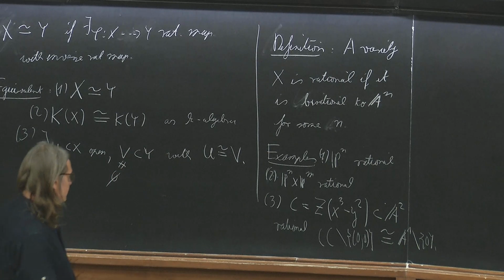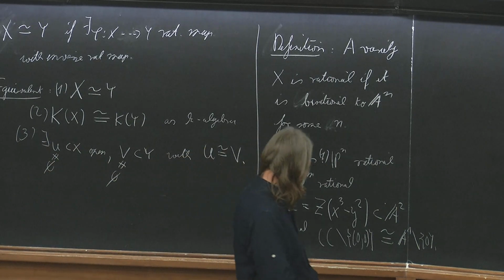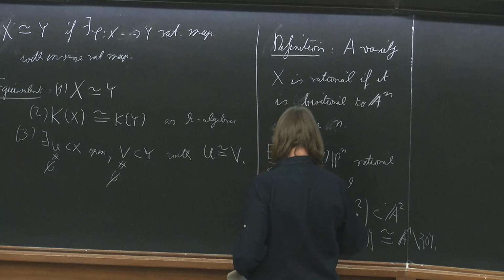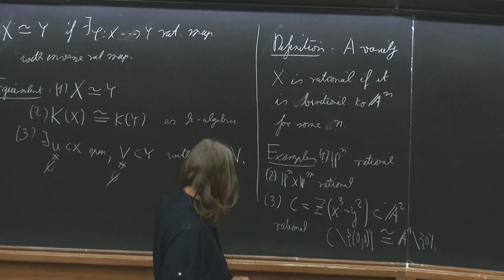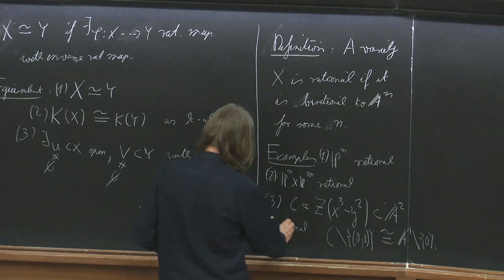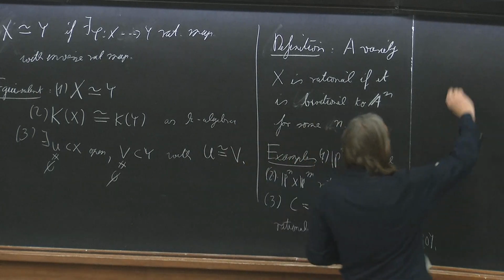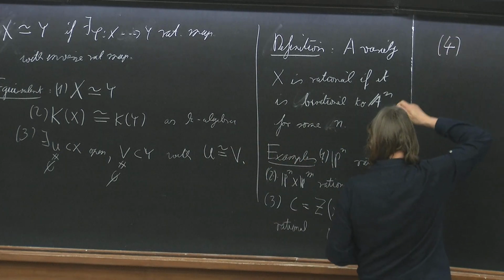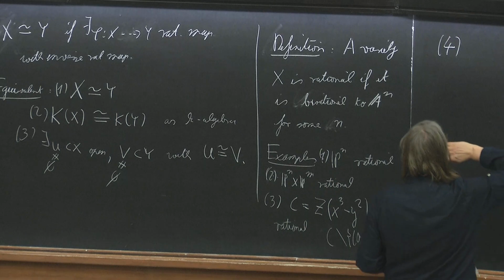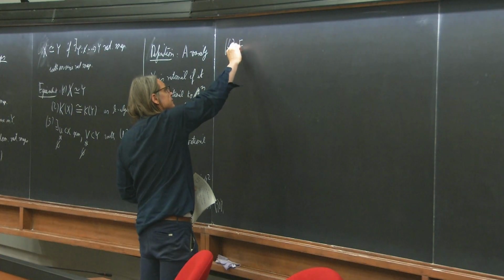And so they are birational because they have isomorphic open subsets. You can also check as an exercise